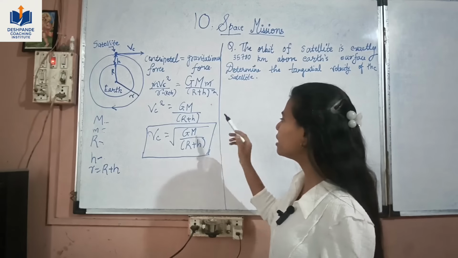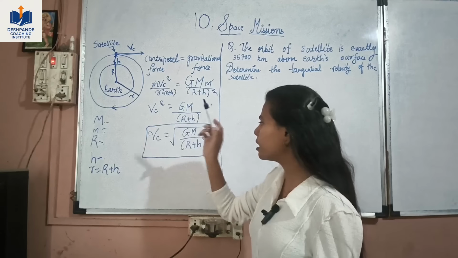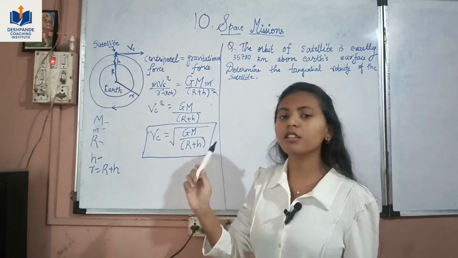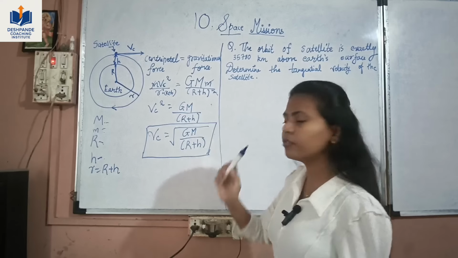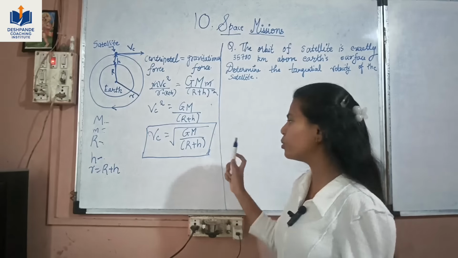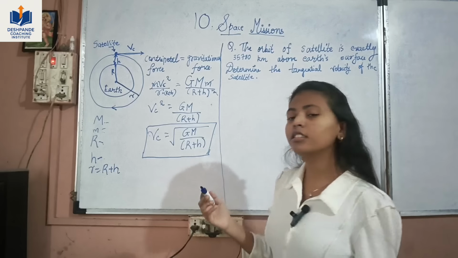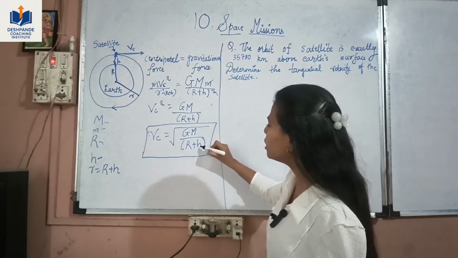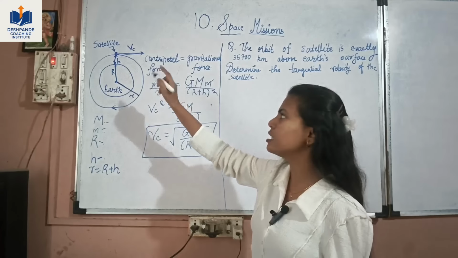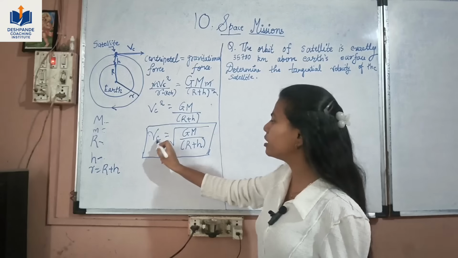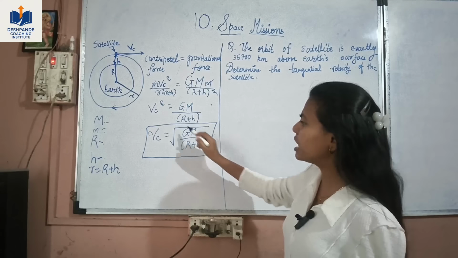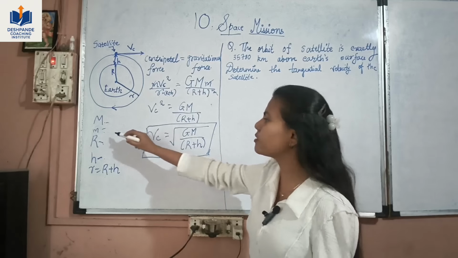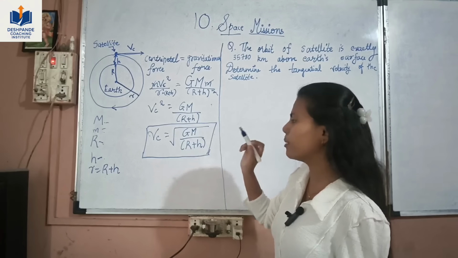So I'll explain again the terms in this formula. Vc is the critical velocity, G is the gravitational constant. So the value of gravitational constant is constant. Mass of the earth is constant. It is already known to us. Just radius of the earth is also already known to us. I'll give the values. Only we need to know the height at which the satellite is flying. So we can calculate the critical velocity. So we can see that in this formula there is no small m. So small m, that is the mass of satellite, is not there in this formula.